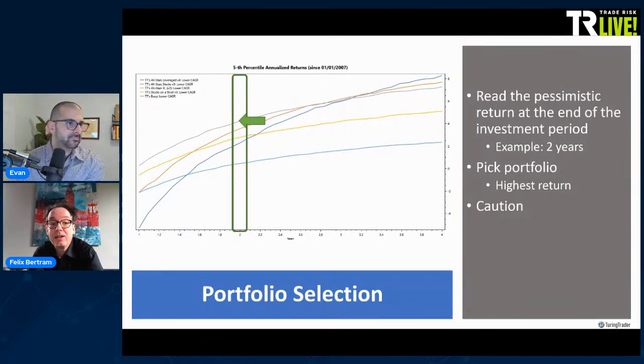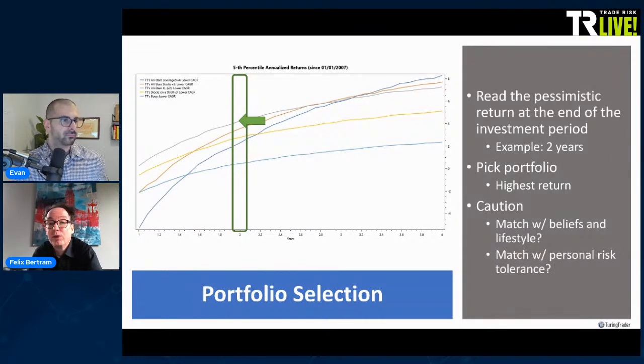And there's one thing to keep in mind, though. It's still important that this portfolio matches our beliefs and lifestyles. So if this is a portfolio where we don't believe in the mechanics, for example, a portfolio that involves the phase of the moon and we are not into that, or it trades twice a day and we can't do that, well, then we still shouldn't do that, even though the mathematically correct answer is to choose this one. And it's also important to match the personal risk tolerance, because if we're prone to second guessing or pulling out later on, then we should choose something that is safer.